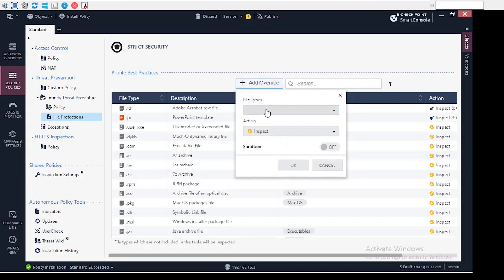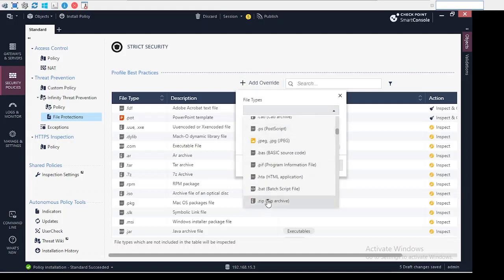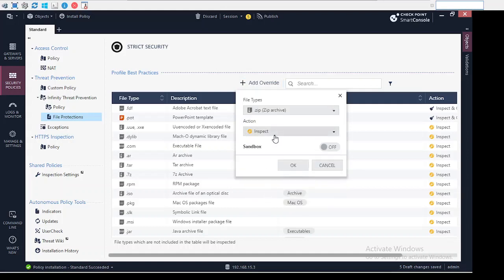So for example, let's say we want archive files. Okay, so as you can see, .zip is an archive file. By default the action is inspect. Even sandbox is turned off, so we can say, okay, let's turn on sandbox. Okay, so this is going to be inspected, not just the normal HTTPS inspection,